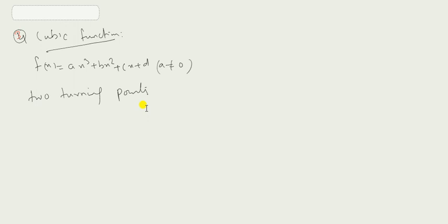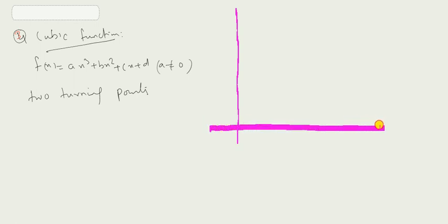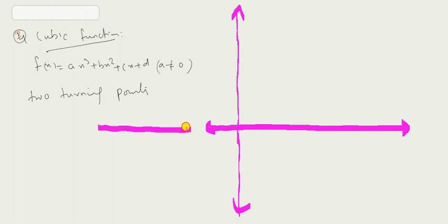So let me show how we can plot a graph having two turning points and the number of zeros must be 3. I will first take the graph like this. This is my y-axis and this is the x-axis. Let me extend it in both the directions so that you will understand it in the proper way. Now, like this. So as I have told, it must have two turning points.